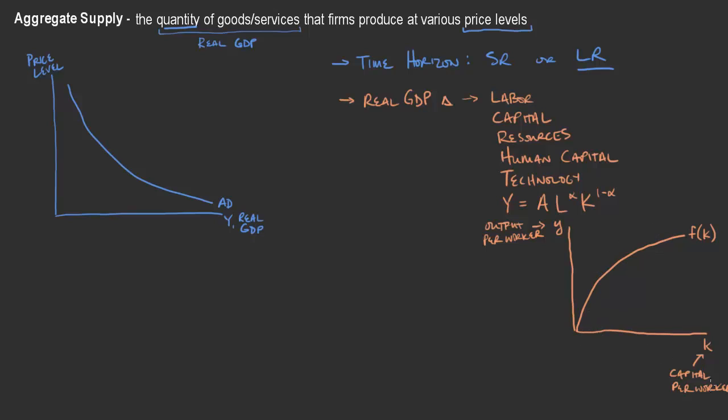And what is the capital? Well, these are the buildings that we have, the machinery that we have, the computers that we have for individuals to be able to do their work. And as we increase that capital per worker, as we increase those machines and the computers, it might make you slightly more productive. You might be able to produce more work in your given day. However, there's going to be some diminishing returns to that. You only need so many computers at your desk to run your reports. At some point, it's just an extra computer that's sitting there,